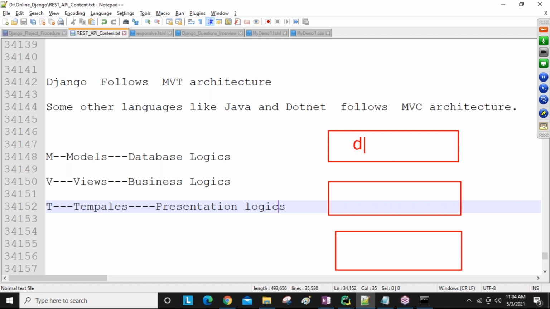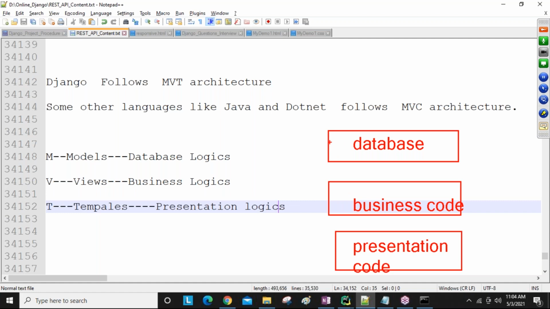You can consider this as the database code we are going to write here. Now the backend code is nothing but the business code we write here. And here we are going to write the presentation code.